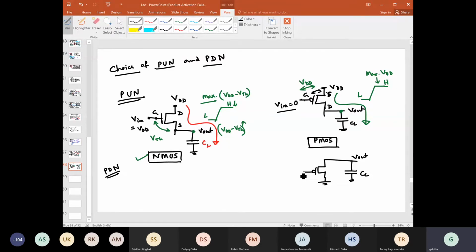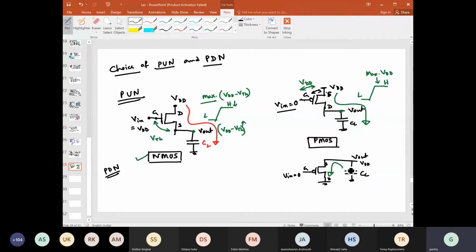And we have to apply some voltage so that this capacitor, which is initially charged, is able to discharge through it. The capacitor has to discharge like this, and we need to apply some V in here. So what should be the V in to make this transistor on? Suppose we apply a lower voltage here, 0. Then what will happen? What is this terminal now? This is source, this is drain, this is gate. So this capacitor starts discharging from VDD.